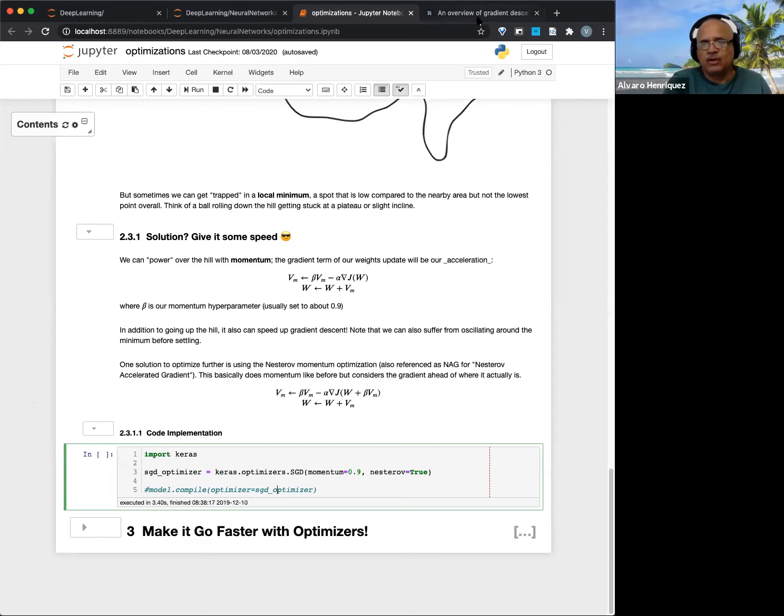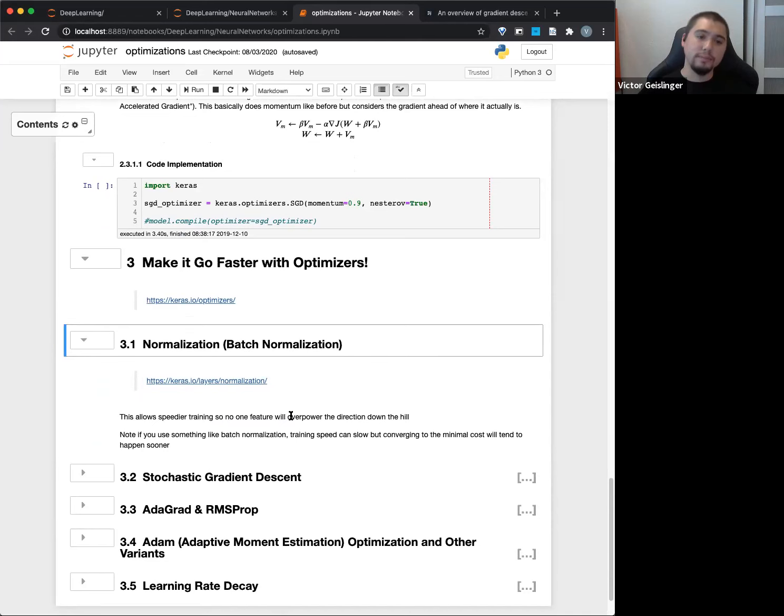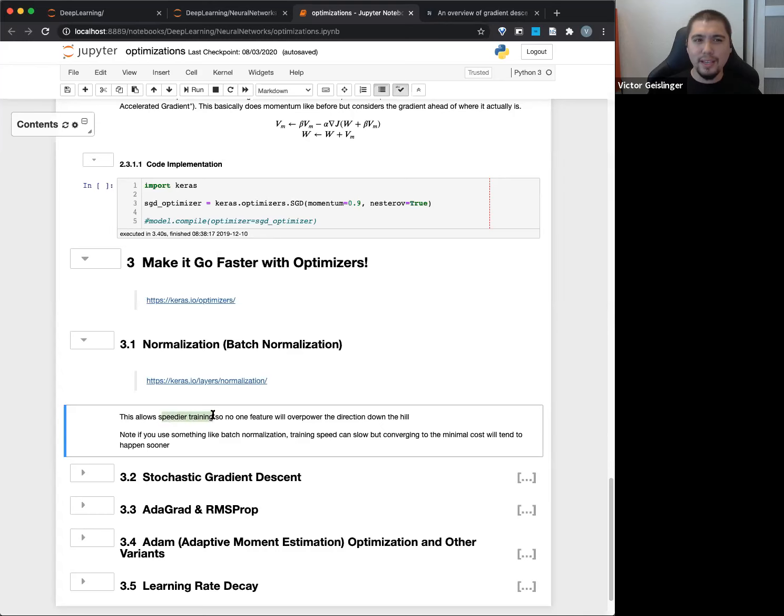Basically, you know what normalization is. It normalizes on the batch. And this allows you to speed up your training, and that's what they've seen. One thing that's interesting is that it seems to speed up the training itself, so your epochs are more efficient, and you get to the answer quicker. However, it does slow down the actual training; each epoch tends to take longer. But in general they balance each other out, and you usually end up coming out ahead.